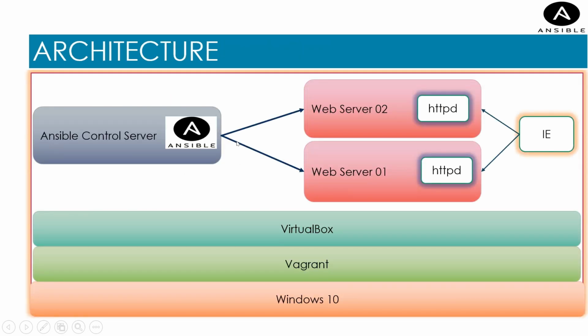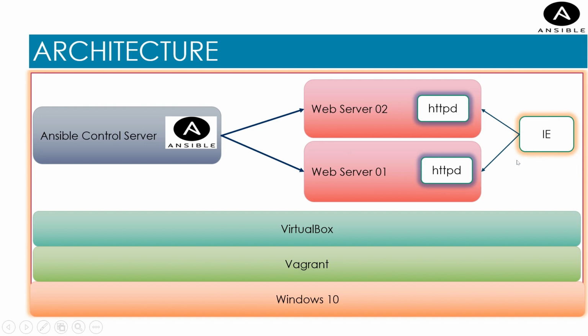So in more detail, as I mentioned, on premises in my local PC I have Windows 10 where I have installed Vagrant and VirtualBox, and in that I have one Ansible control server where Ansible is installed, and then I have web server 01 and 02 where HTTPD is installed, and once after the installations and configurations,